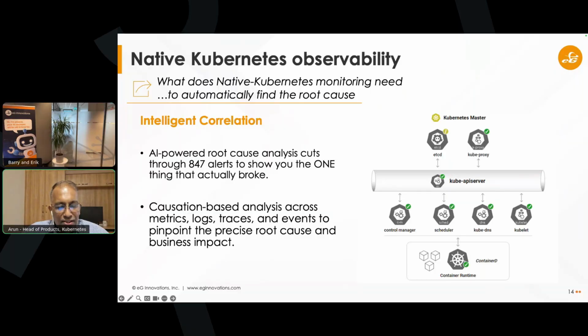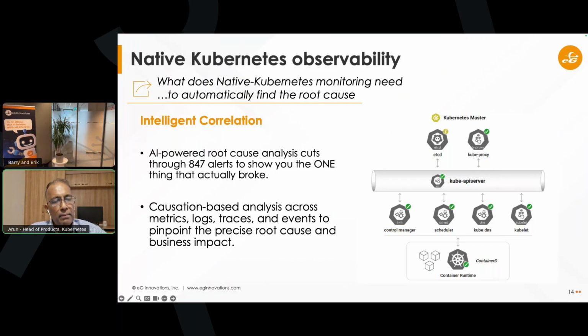And lastly, you need to do that at scale, which I talked about, but also you need that low overhead. For example, in EG, we set limits to each of our own agents so that we consume only a certain CPU and memory. And we'll see that in the coming demo. But essentially, it has to scale, and the Kubernetes agent itself should be pretty lightweight. It shouldn't cause overhead.